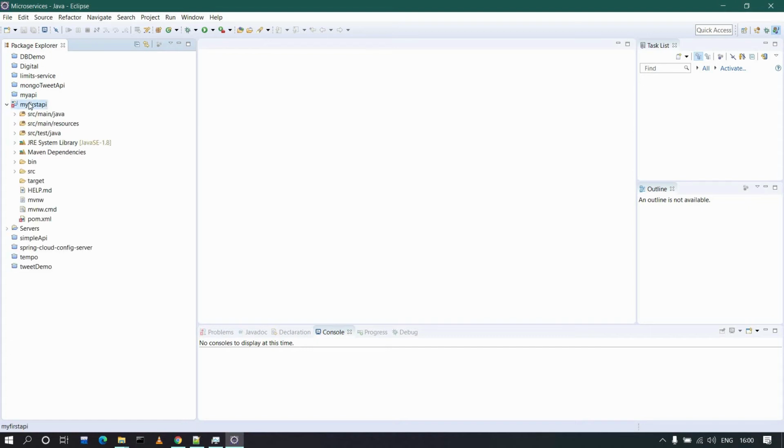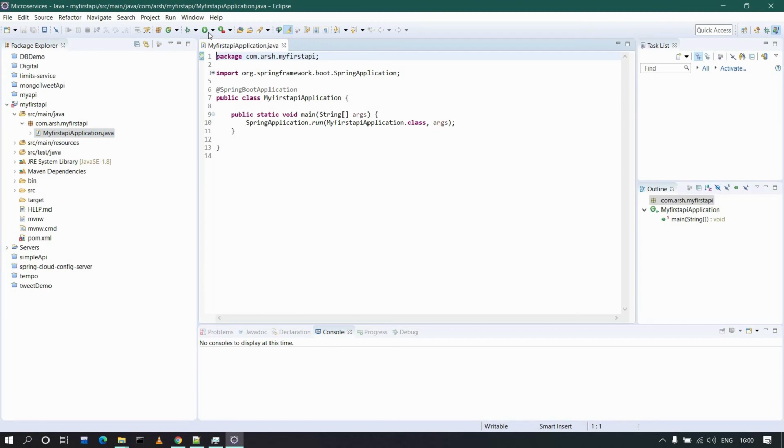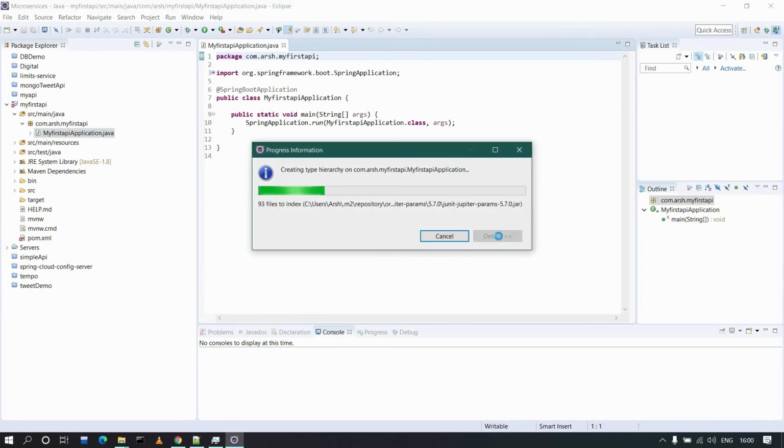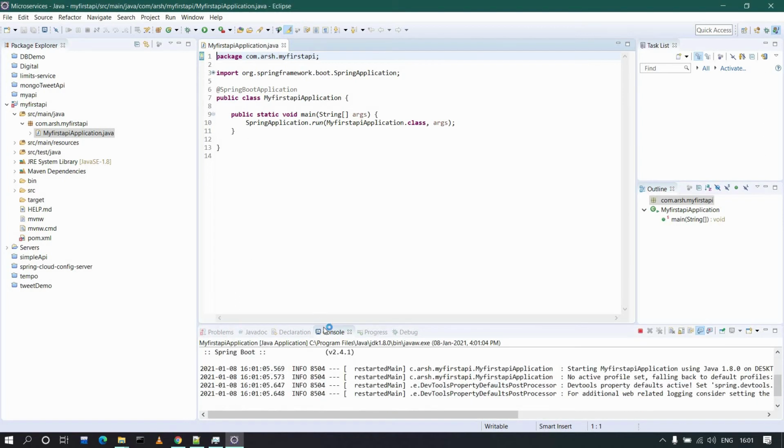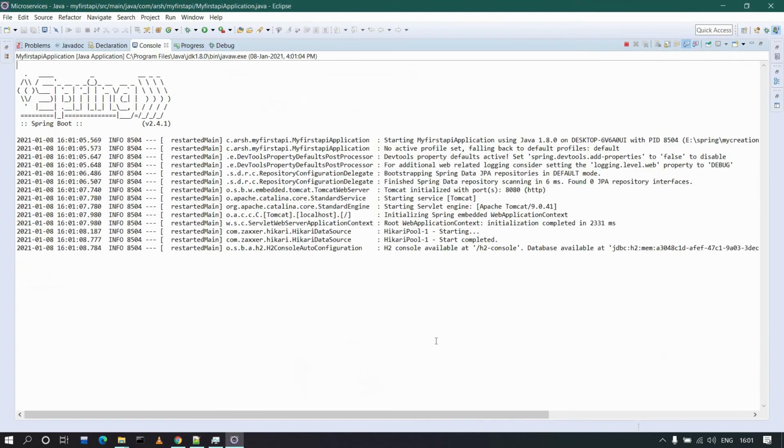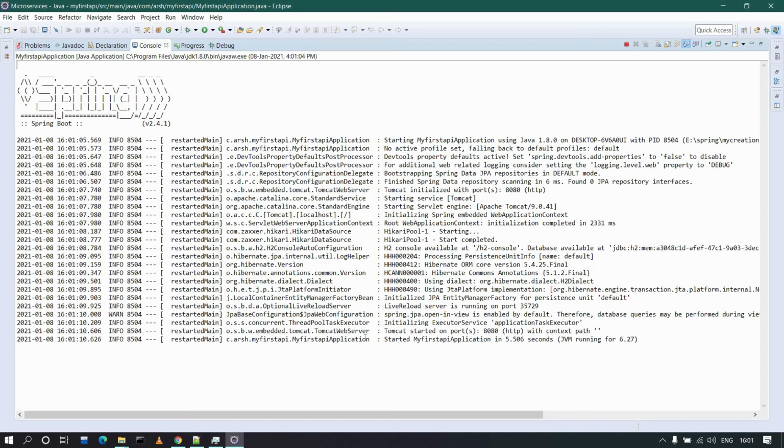After completion, go to src/main/java. You can see that this is the Java file you can run. Hit the run. In the console, you can see that the application has been started, and our Tomcat server also started on port 8080.